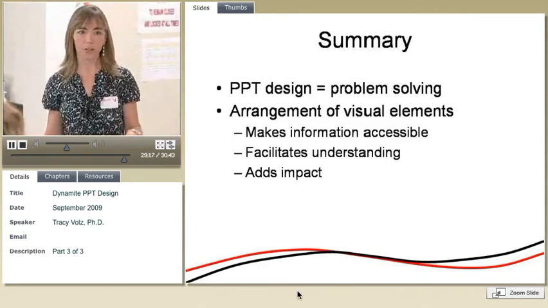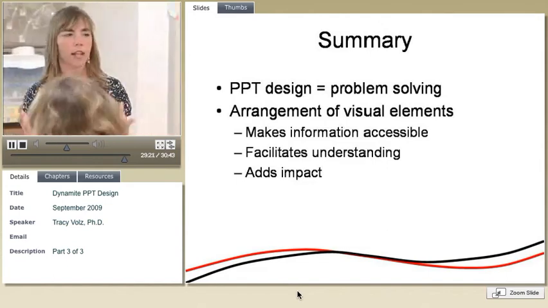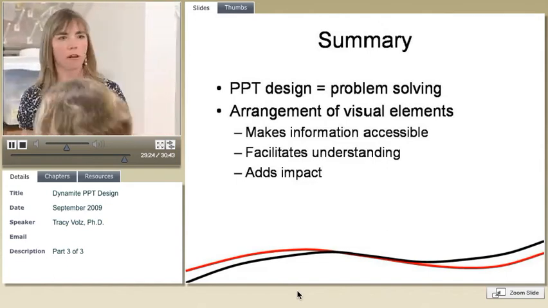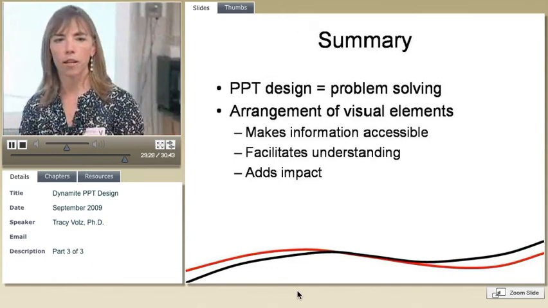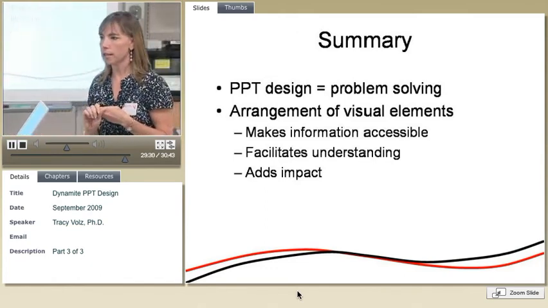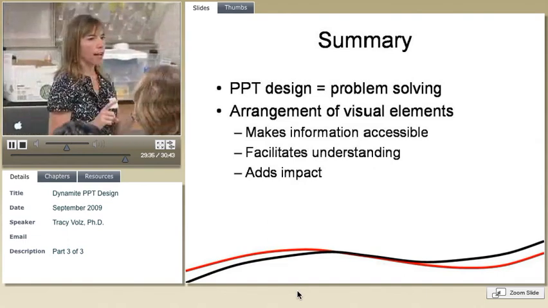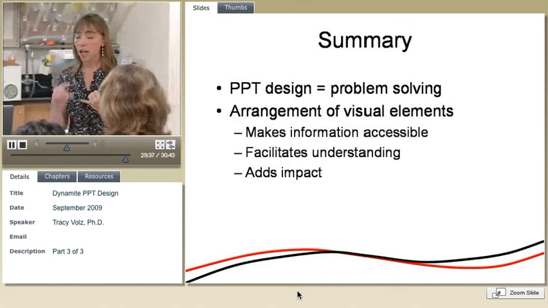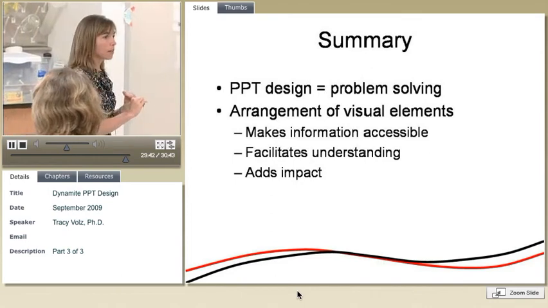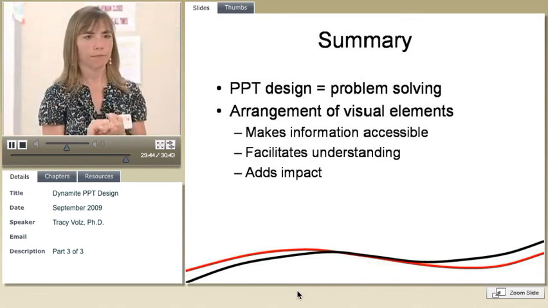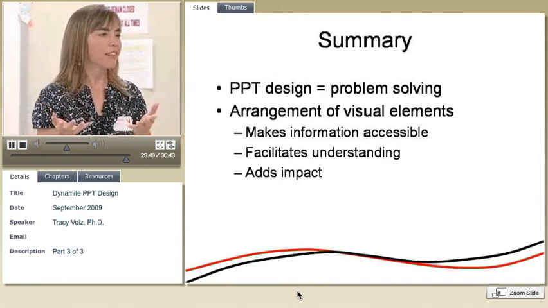So to wrap up this section on slide design, again, think of slide design as a type of problem solving. How can I create slides that really illustrate, reinforce, and emphasize my key points? And how can I arrange the various components so that my message is accessible at a glance, it's comprehensible, and it has impact? Because slides are meant to support the message. They're not a